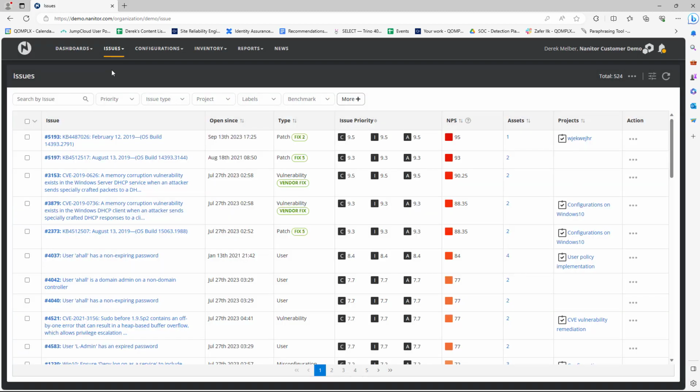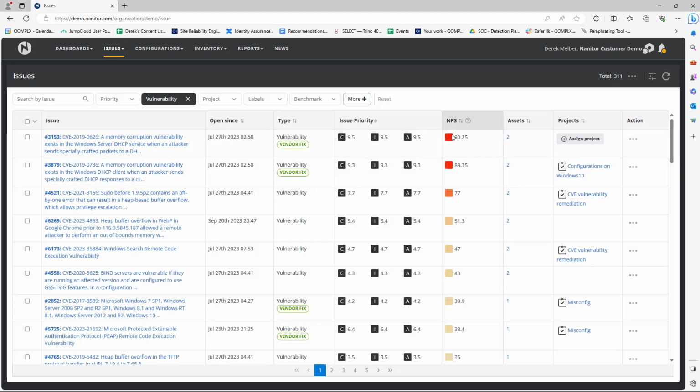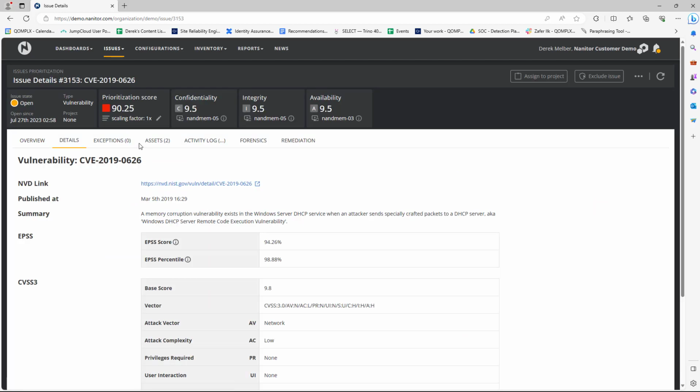Then, because Nanitor looks at quite a few different types of issues, if you just want to focus on vulnerability, you simply click on it, apply, and now you know exactly which assets you need to address based on the actual vulnerability. Now, if you want to do a little bit more in-depth viewing on this, you can click into